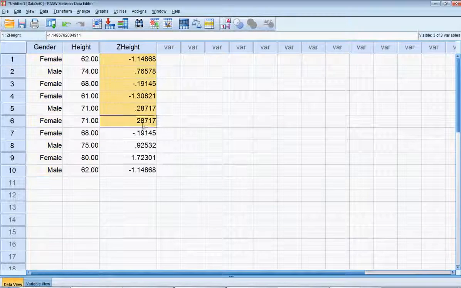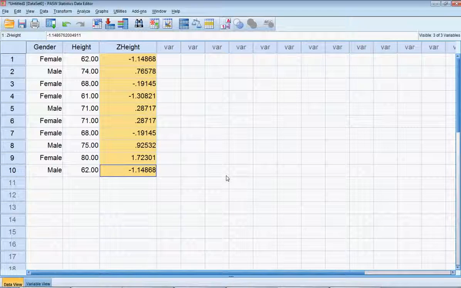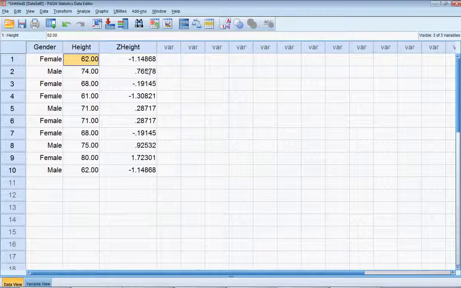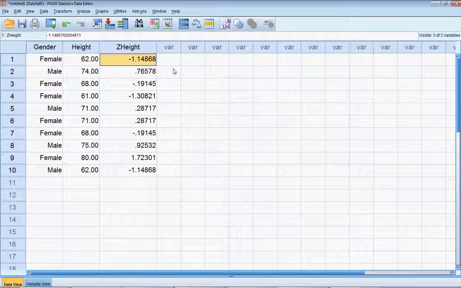And do you know what these are? These are the z-scores. It converts each height measurement into a standardized score that says how many standard deviation units away from the mean this score is. And so negative means it's a little bit below the average. A positive score means it's a little bit above average. So that's a quick and easy way to get z-scores in SPSS.